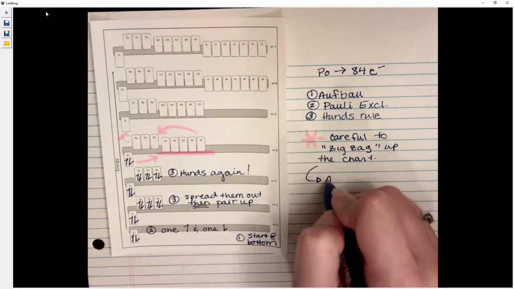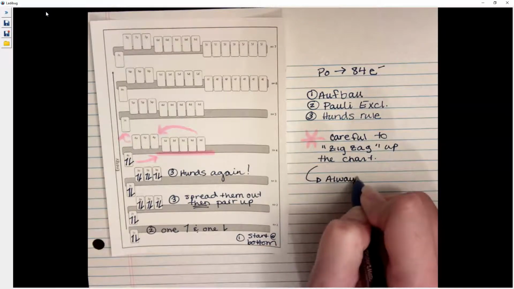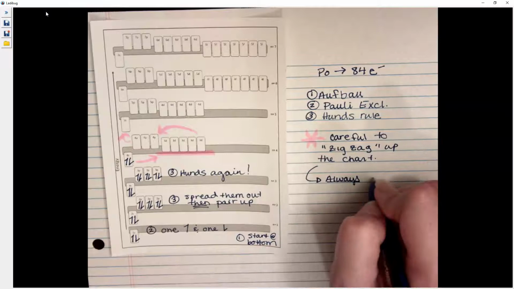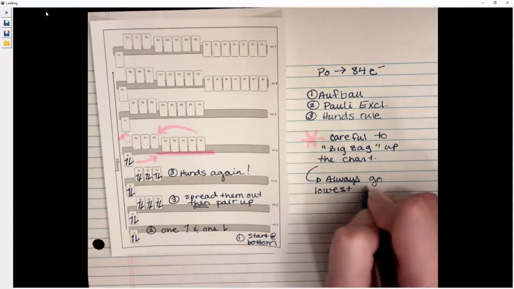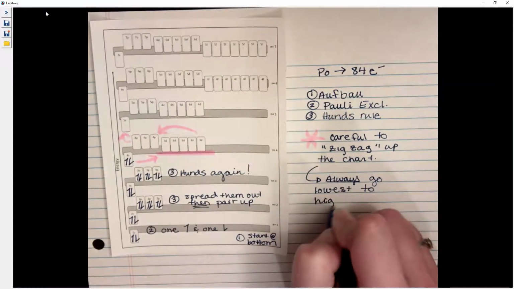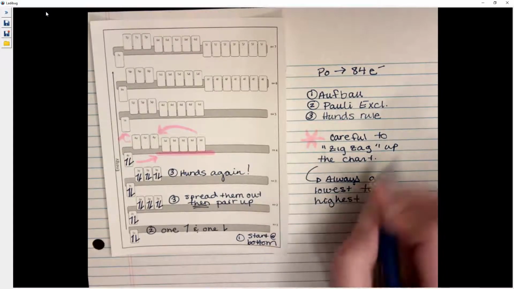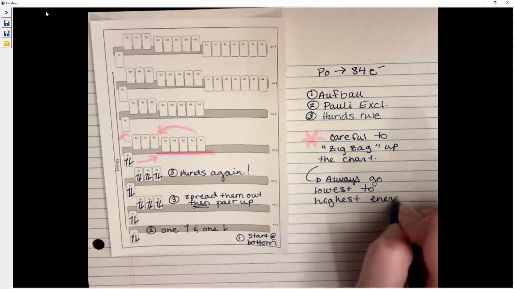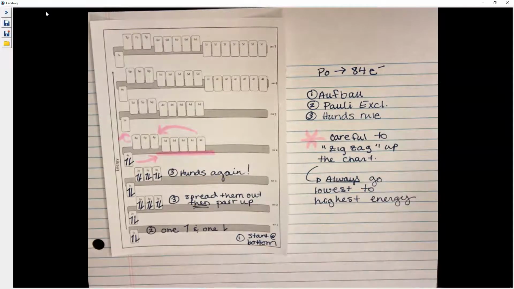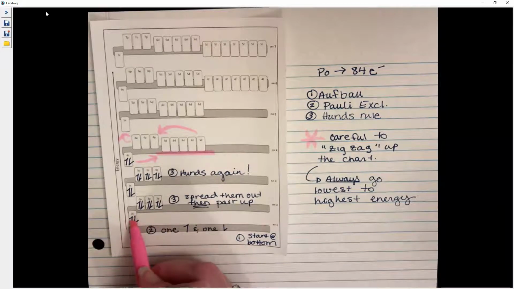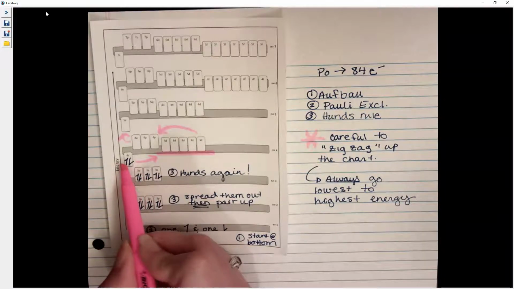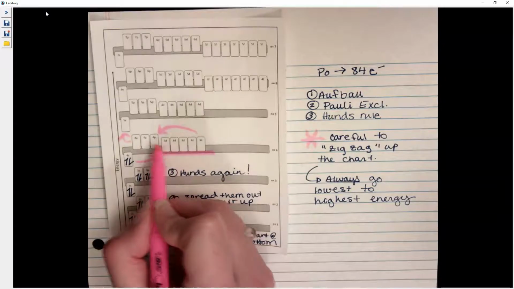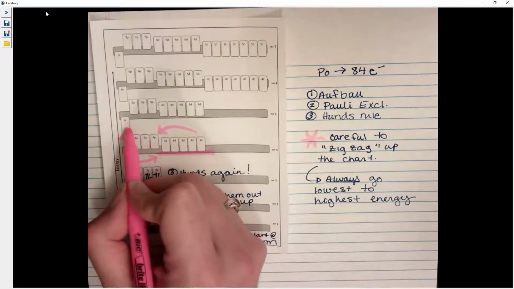We need to always go lowest to highest energy, even if that means we're going in a funky order. So I'm going to go 1s, 2s, 2p, 3s, 3p, 4s, 3d, 4p, 5s,